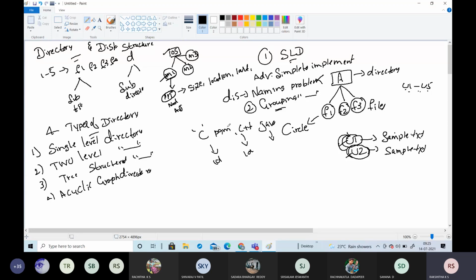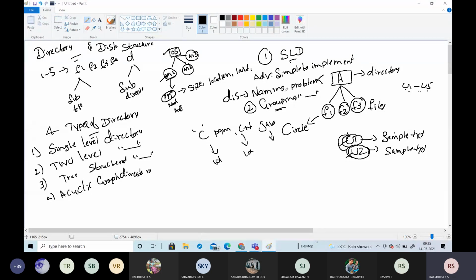To access the programs, with C programs present in one directory and C++ programs present in another directory, it is a good method. If I store them by dividing like this, it is easy to access. But what is the disadvantage here? It is only a single directory, so it is not possible to make separate directories for all these things. That is one disadvantage in the case of the single level directory.